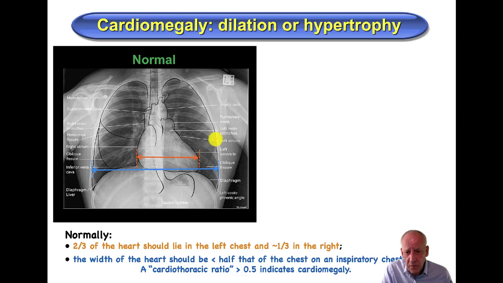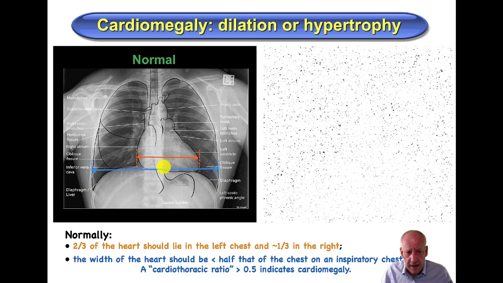As you will learn in your pulmonary radiology thread from Dr. Chang, when you look at a chest x-ray, evaluate for cardiomegaly. Approximately 2/3 of the heart should lie in the left chest and 1/3 in the right chest. And the full width of the heart should be less than half the width of the chest wall on an inspiratory chest film. This defines the so-called cardiothoracic ratio, and a ratio above 0.5 indicates cardiomegaly,